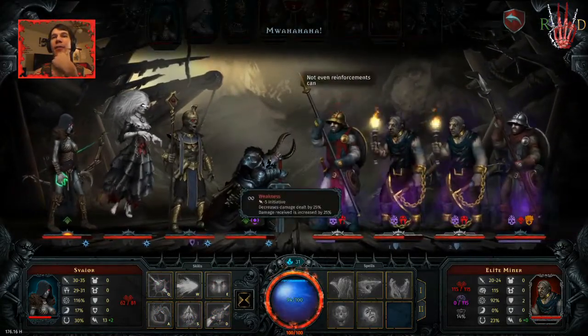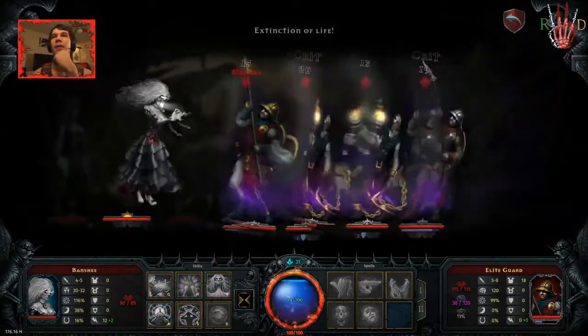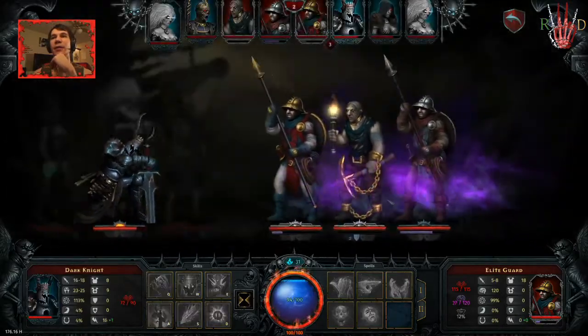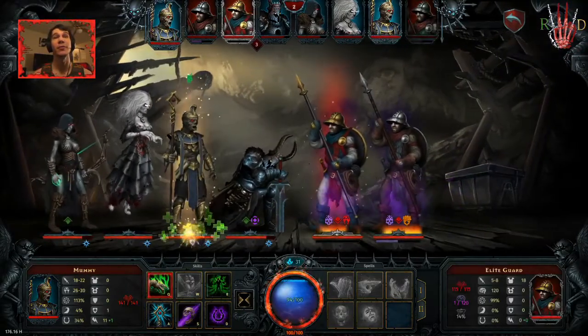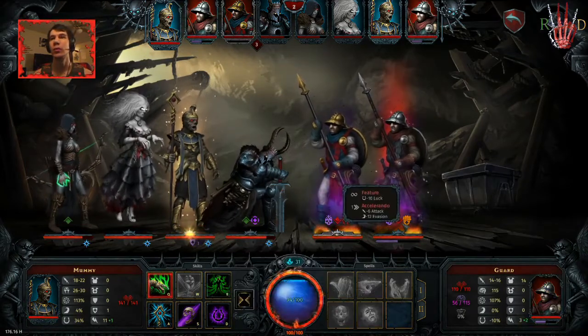Got him. We have another insanity here. Not bad, not bad. Accelerando. Extinction of life. Double kill. First kill. Second kill. Yes. Third kill. Die from the scariness. Die from the crazy. No, he didn't. And then we are going to...